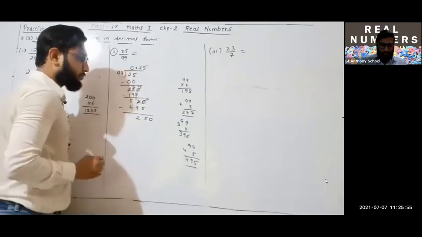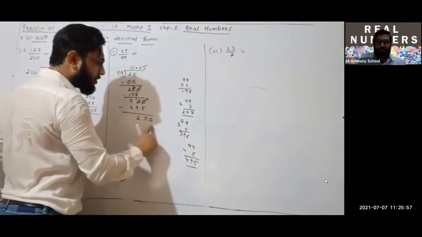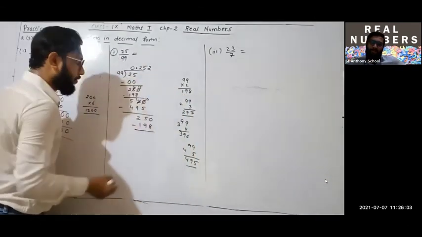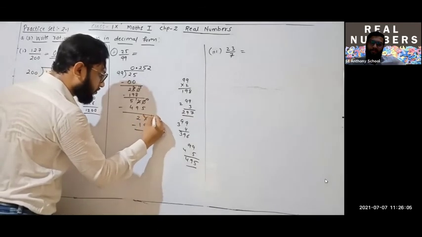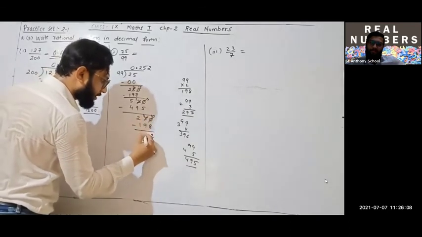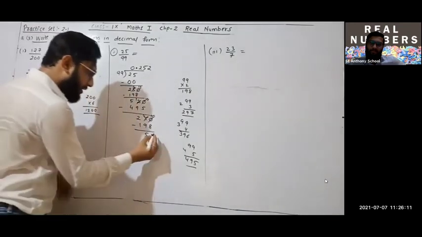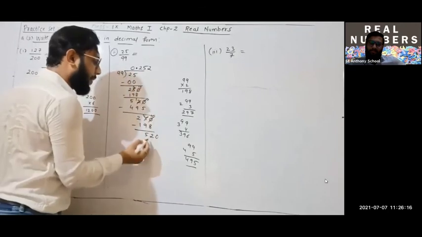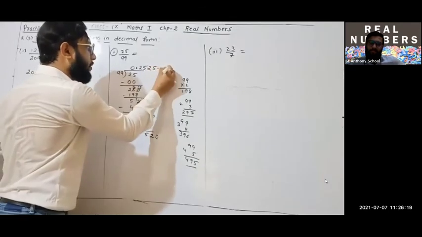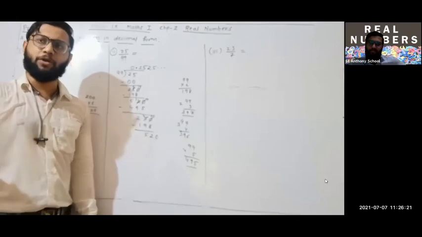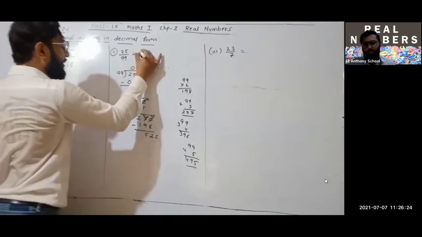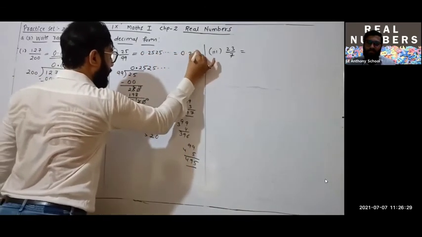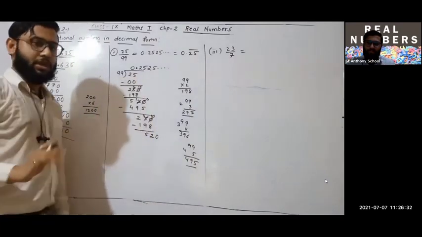Again put 0. 250. What is the nearest number to 250? This 2s are 198. Okay. So you will get again the same. You will borrow. This will become 4. This will become 10. This will become 2. So again repeating is going on. Getting my point? Again repeating, 2 5. So this will go on. 0.25 25 25 25 will go on. So we will write here 0.25 25 dot dot dot. You can have 0.25 with a dash above it. I hope it is clear guys.